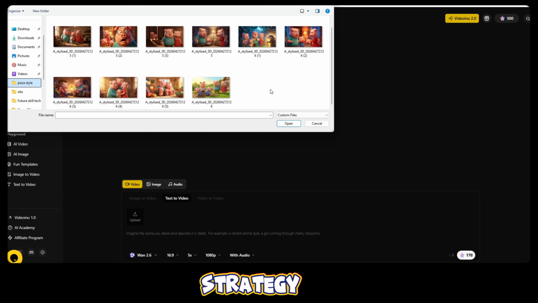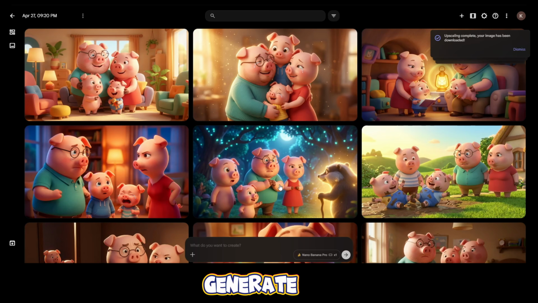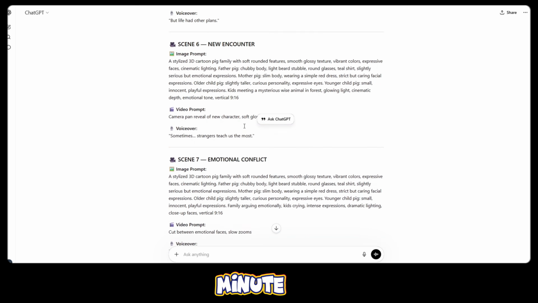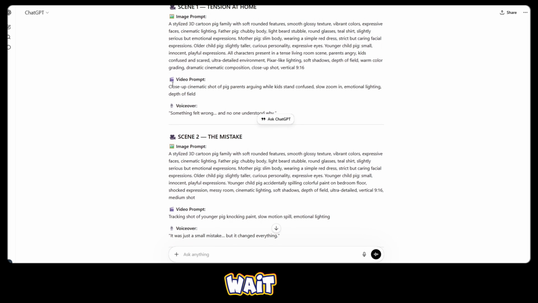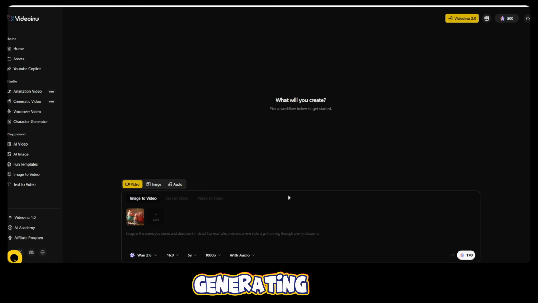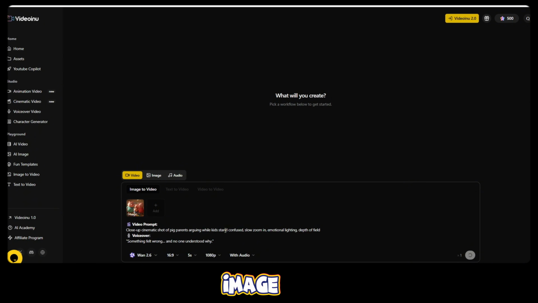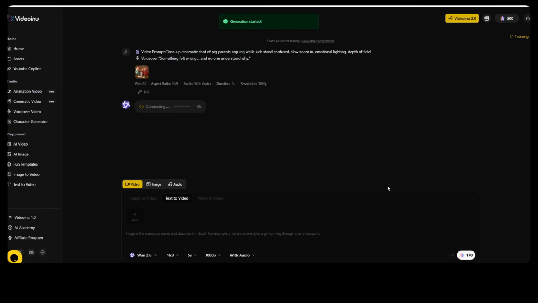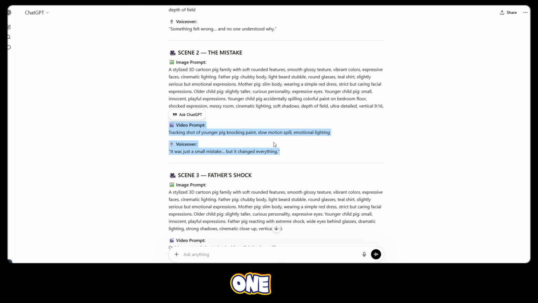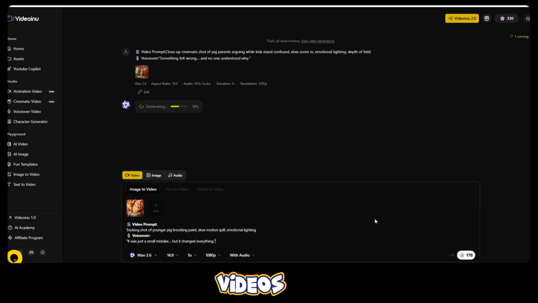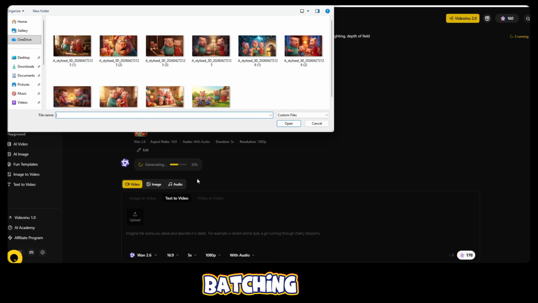Now here's the strategy. Upload your image, paste your prompt, and click generate. It usually takes around a minute. But don't just sit and wait. That's where most people lose time. While your first video is generating, immediately upload another image, paste the same prompt, and generate again. Do this 2 or even 3 times back to back, and boom, within 1 to 2 minutes, you'll have multiple videos ready. This is called batching, and this is where